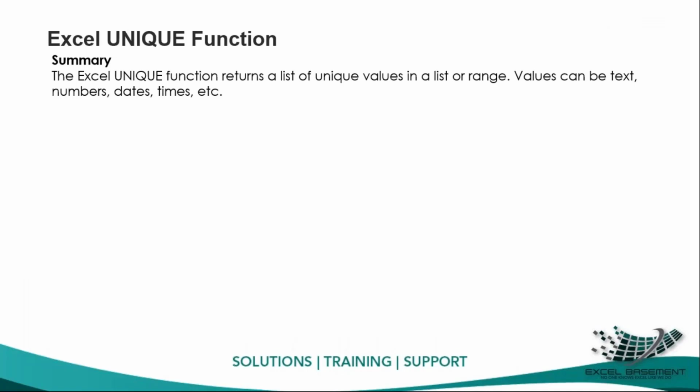So first we will understand the fundamentals of the Excel UNIQUE function. The Excel UNIQUE function basically extracts a list of unique values from a range, and the result is a dynamic array of values. If this array is the final result, not handed off to another function, the values will spill onto the worksheet into a range, which automatically updates when new unique values are added or removed from the source range.